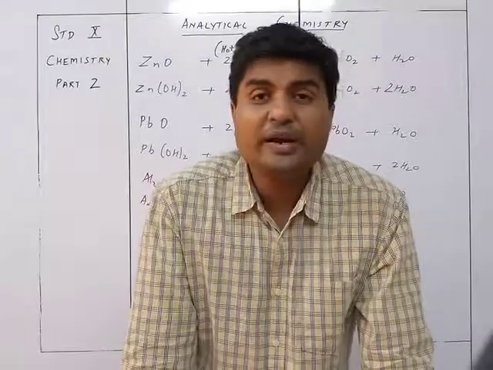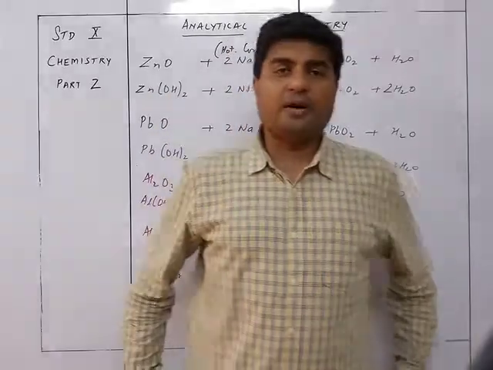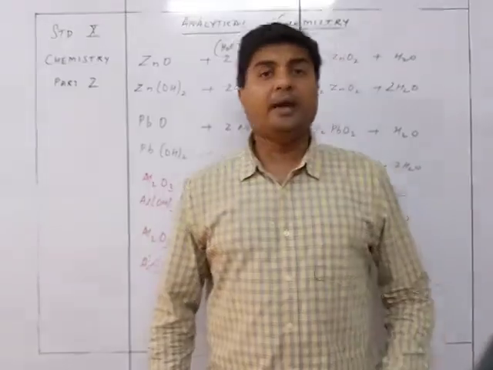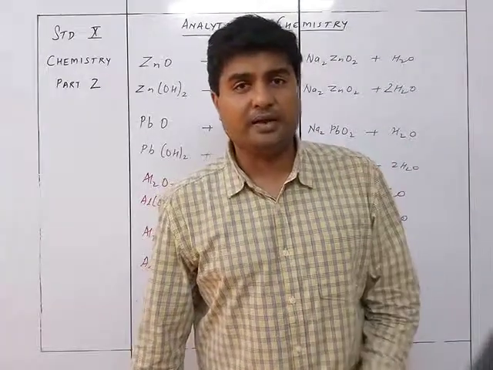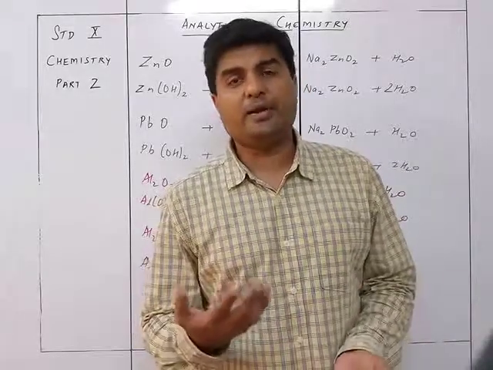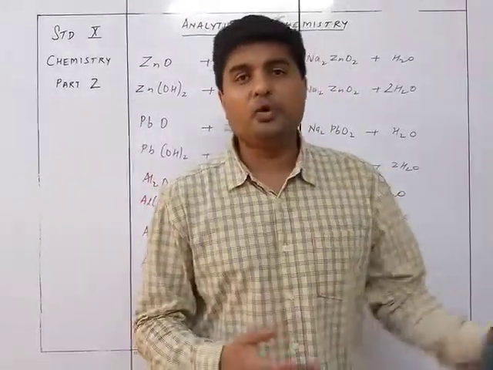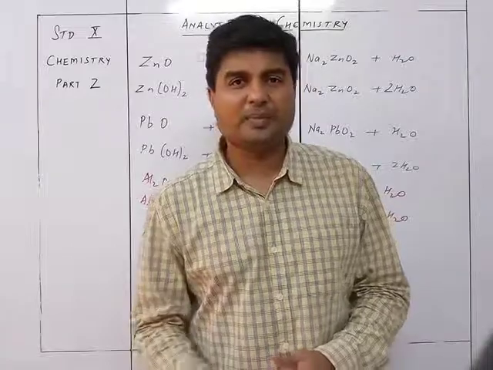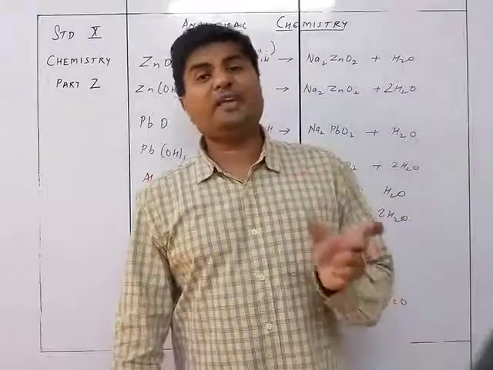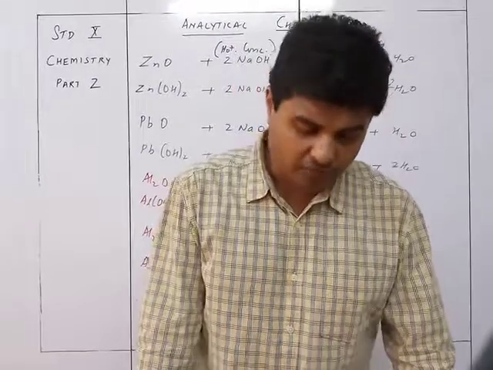Plus you will also need to differentiate between two kinds of compounds. So which one is calcium, which is magnesium, or which is zinc, which is tin and lead. For all of that you will require analytical chemistry, because you need to put NH4OH and say okay, here it is soluble in excess, here it is not soluble, and a blue colored precipitate and a deep blue, inky blue colored solution. So all of this is very important to identify. Hence, no doubt, a very small chapter but a very important chapter. Okay, that was analytical chemistry for you. Okay, thank you.